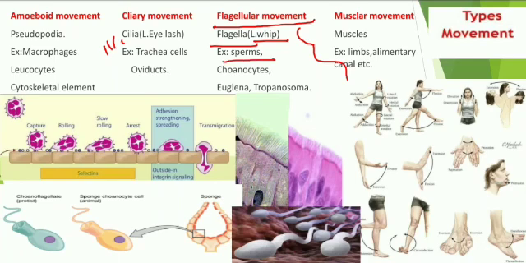And this kind of movement we have seen in reproductive cells, that is sperms. You have seen here, this is the head of the sperm and this is the tail. And the tail of the sperm is a flagellum. It helps in movement of the sperm. And another thing is, we have also seen flagella in choanocytes. We cannot find these cells in human beings. These are found in sponges.